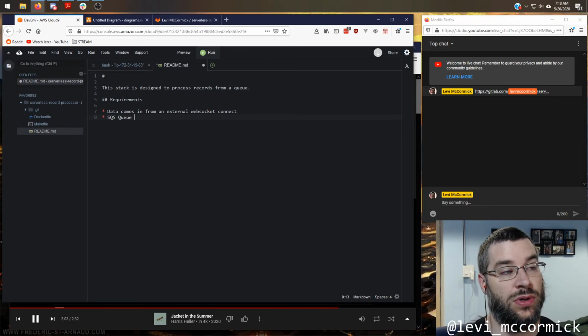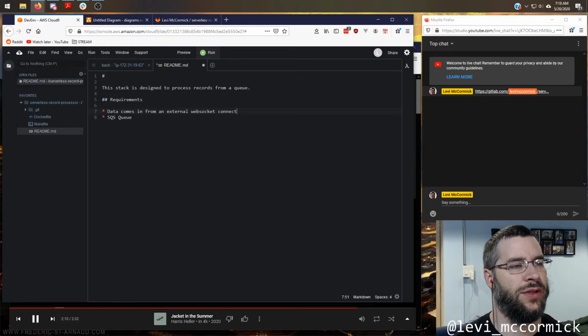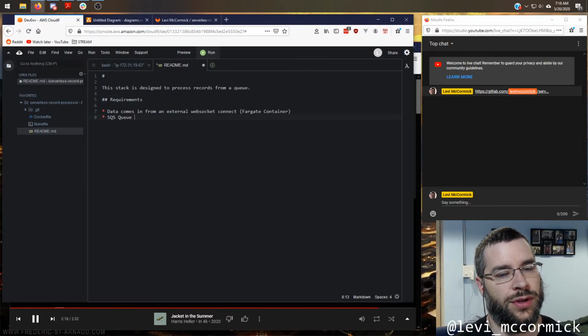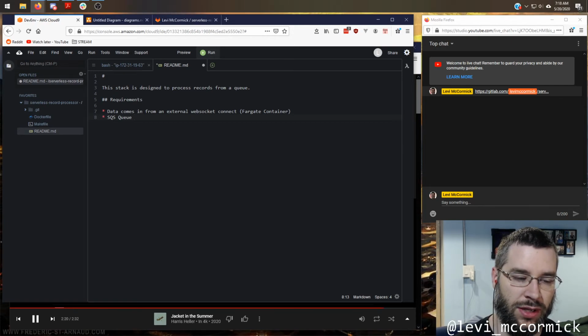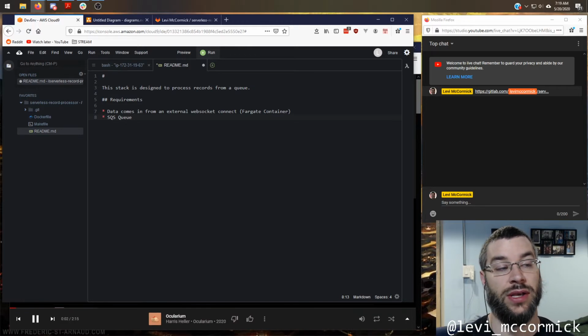So there'll be a queue that receives all of those records. Probably a Fargate container will be running, connect to the WebSocket. Every batch of records, it'll write into the queue. Each record individually, whatever it receives from the upstream, will be written as an individual message on that queue.